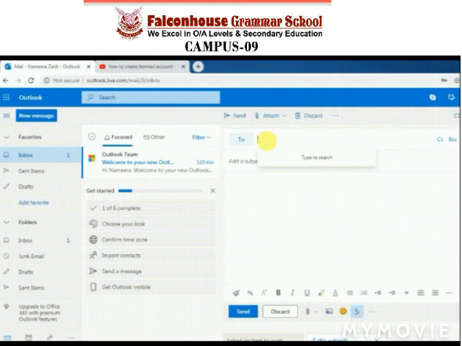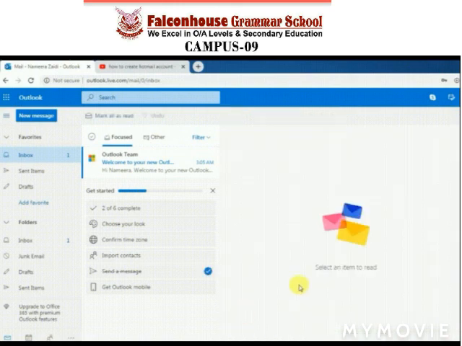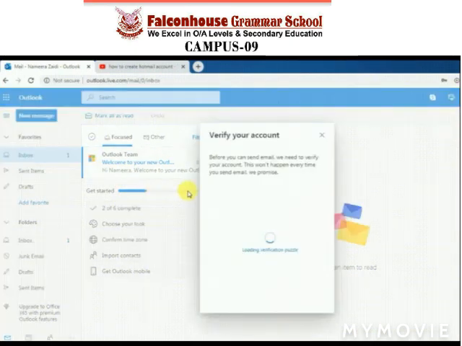In the To field, we type the email address of the person we want to send the email to. The person becomes the recipient of the email. No space or capital letters should be used. Add a subject. We can enter the subject, or the basic purpose of the email, in the add subject line. This helps the recipient know what the email is about even before reading it. In the mail body, we can write our message and click on the send button.